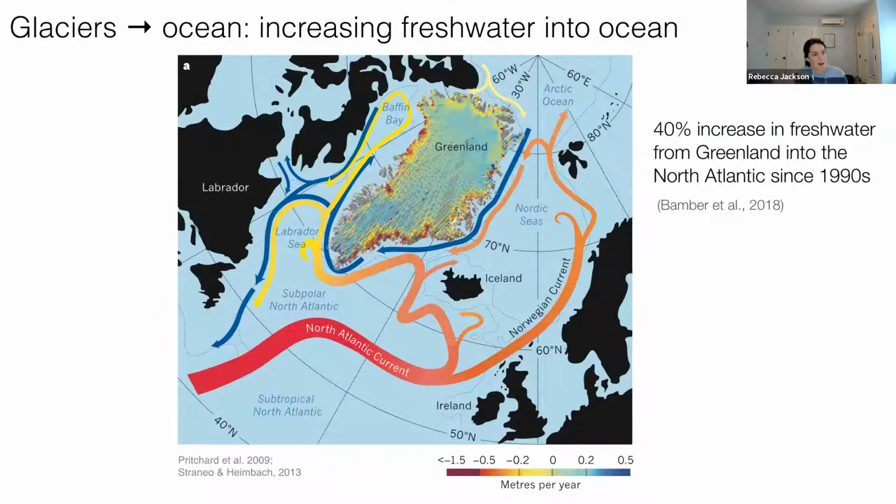So that's thinking about how the ocean might affect glaciers. In the other direction, the ocean also has, this should be backwards, how glaciers affect the ocean. We can think in terms of the increased freshwater from this ice loss. So since the 1990s,